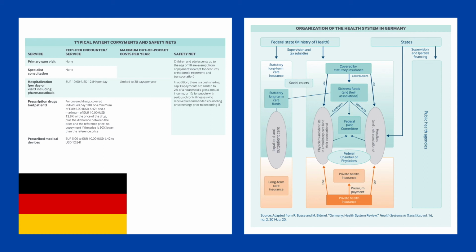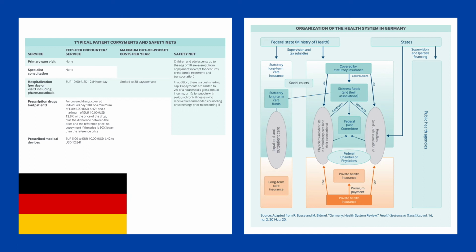So in the NHS, you have to go to your GP before you're allowed to see a specialist in a hospital, while in Germany, you can go straight to the specialist. However, there are incentives to go to your GP first in order to make sure that the system is as efficient as possible. And if we look at how the GP practices are paid, they're usually reimbursed by the SHI